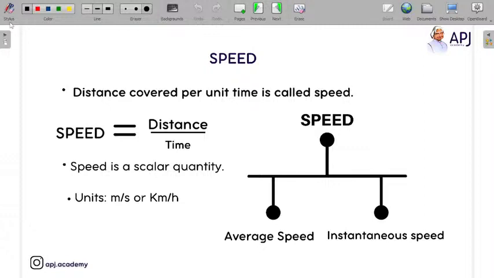If I'm saying that I walked 10 kilometers in 1 hour, how will you calculate my speed? Simply you will divide the distance that I've covered by the time which I've taken. So 10 kilometers divided by 1 hour or 60 minutes. 1 hour is comfortable. So if you divide by 1 hour, you will say that sir your speed was 10